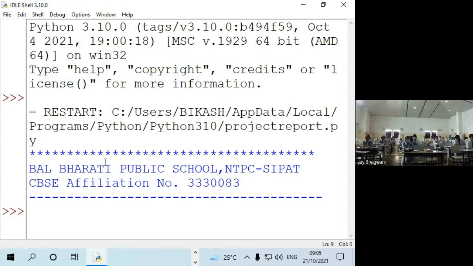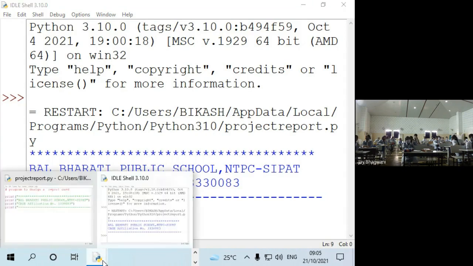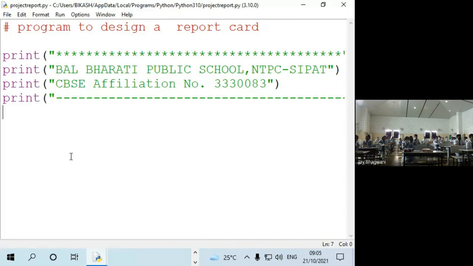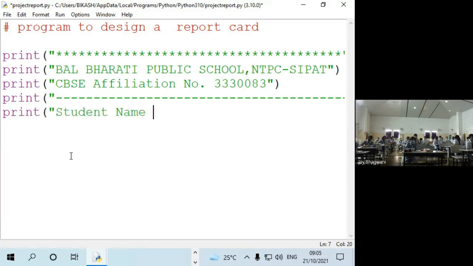Now the next thing I have to print is the student details. Let me design the student details also. Again I am going to the main program file. So print, and here I want to display the student name.